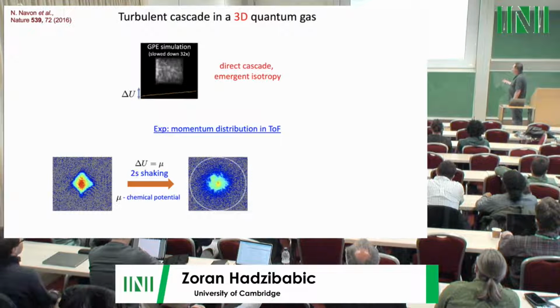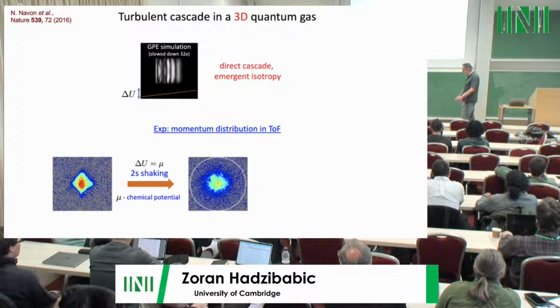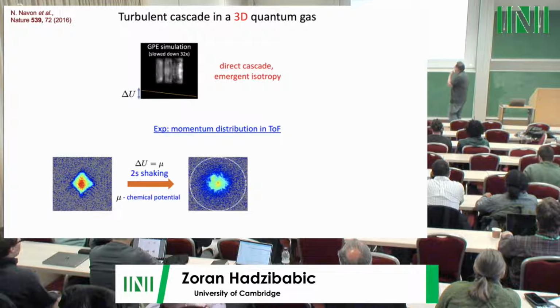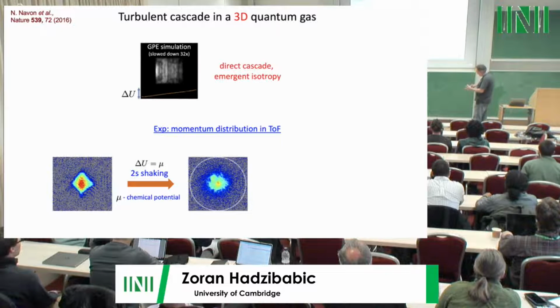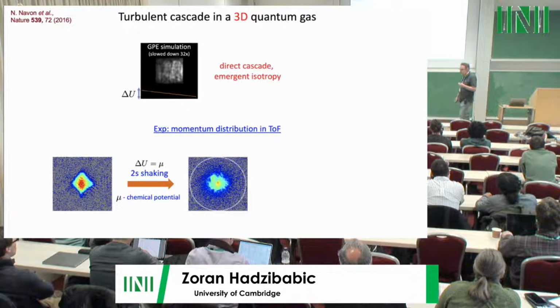And then when you mess it up, and again, giving you some sense of scale, a strong drive is something where the potential drop is comparable to the chemical potential. That's the scale, okay? Much less than mu is weak drive, and if you go to mu or more, that's a strong drive. And this is slowed 32 times, so the typical shaking frequencies are maybe tens of hertz. And so if you do that for a couple of seconds with a relatively strong drive, you mess it up completely. And so we say, well, this is some kind of turbulent state.